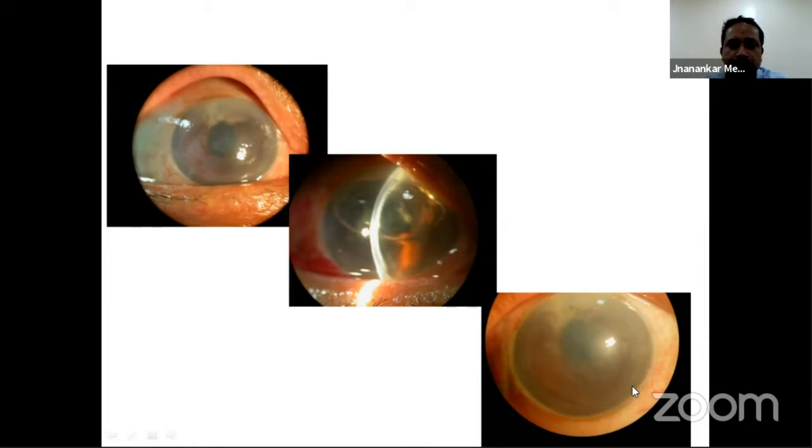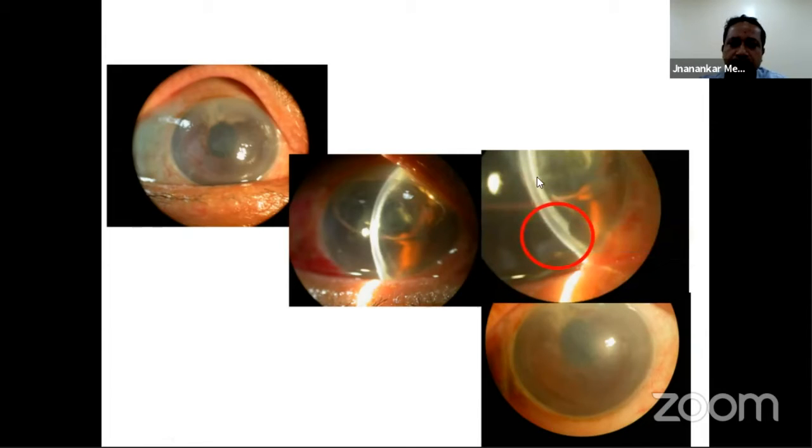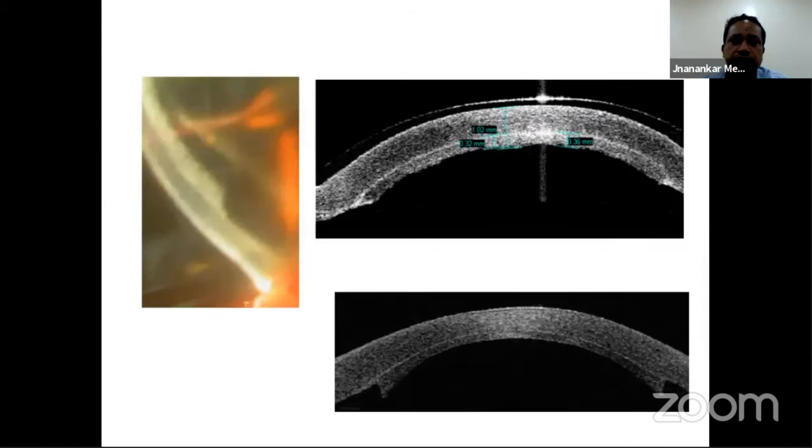So my question is, do we have to wait for that long to confirm that the graft is in the reverse way? But no, if you see the first post-op day slit lamp pictures, the angle that the donor lenticule forms with the host stroma is a giveaway whether your graft is in the correct orientation or not. And what is this angle I am talking about? This is the ASOCT picture of the same patient and the clinical picture. You can see this angle. Ideally, we get this acute angle. But here you can see it's a large angle, which is known as an obtuse angle.